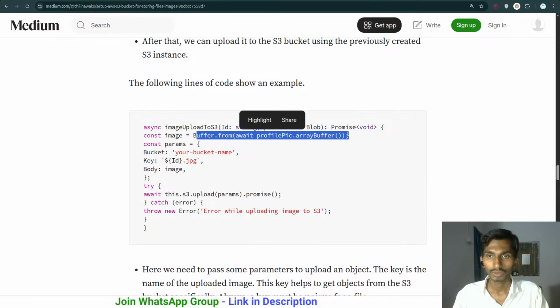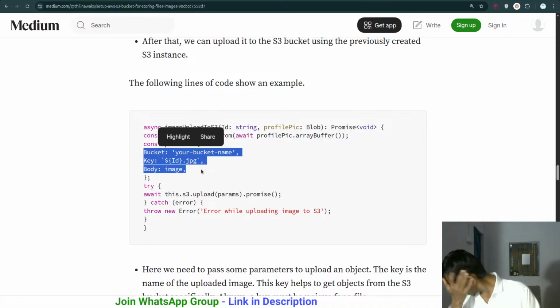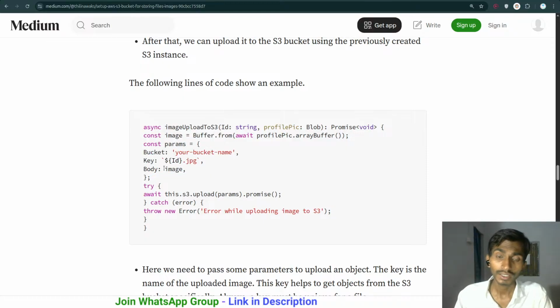Buffer await from this array buffer. Params: bucket, ID and body. The thing is that once we get the file, there are two options. What is the type of the file that we get? I'll have to check the type, and if